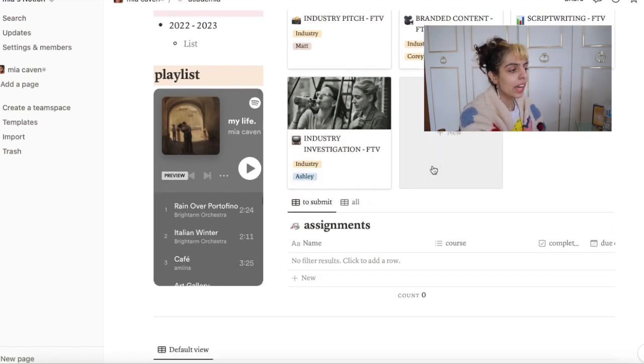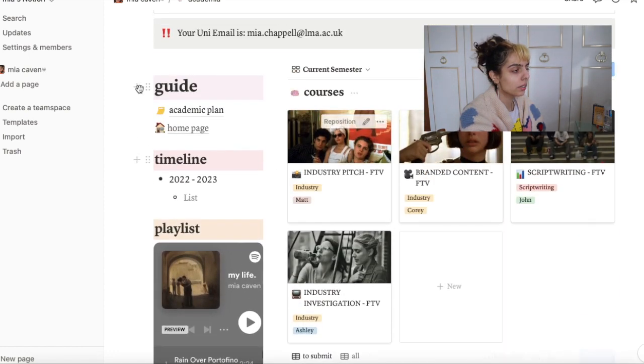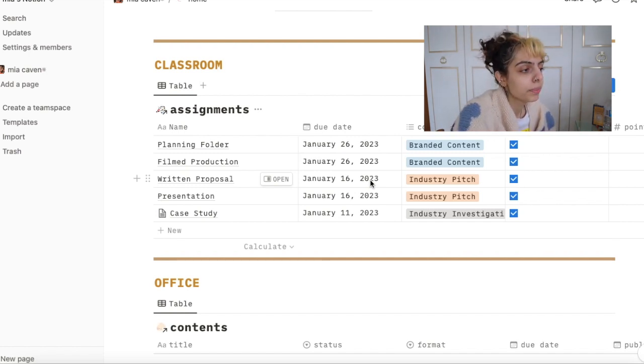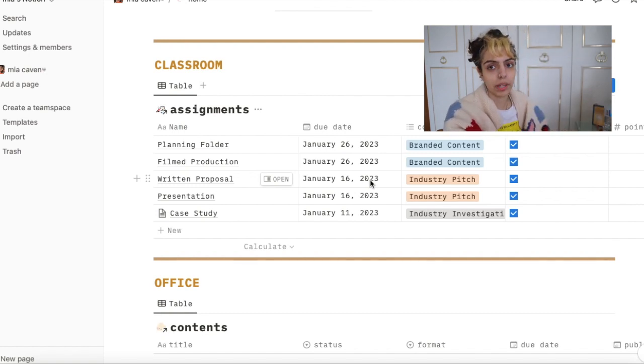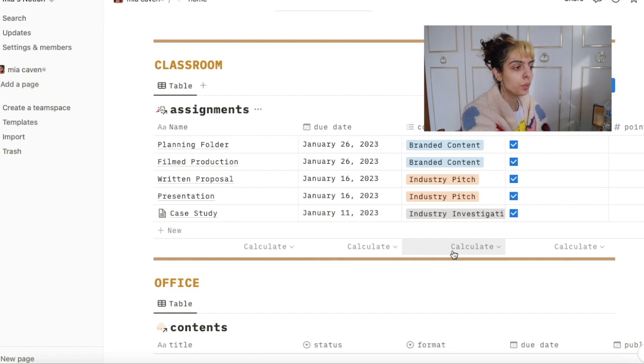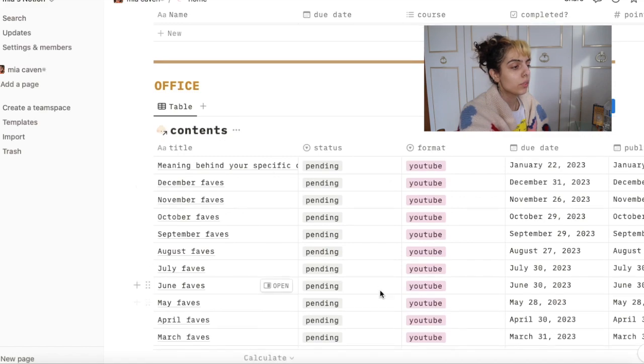So then I had all my assignments here, and I'll go to the main page for a second. It's on the academia page, and you basically just tick it off if you've completed it, and they disappear from that page, but they are still on your main homepage. That way you can just see what you've done, see what you've not done, very easily. So as you can see, I have done everything. Woo! And then after a semester ends, I delete all of these from here and put in the new ones that will be due. Same for